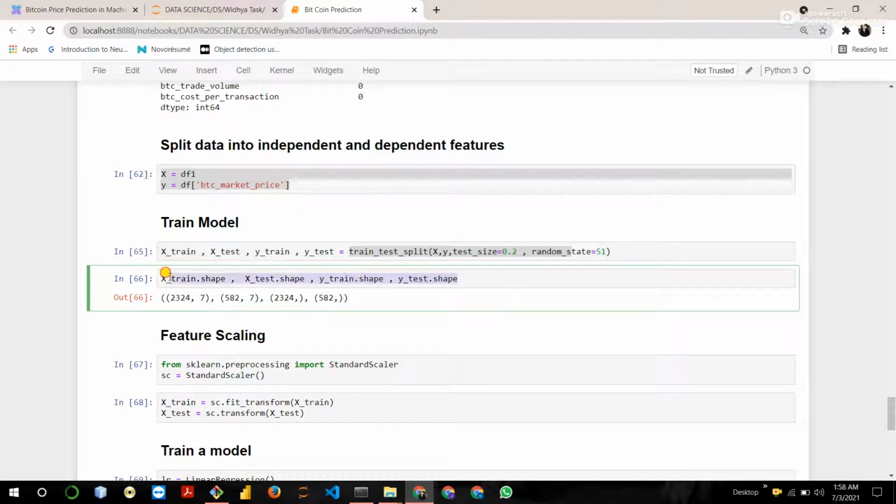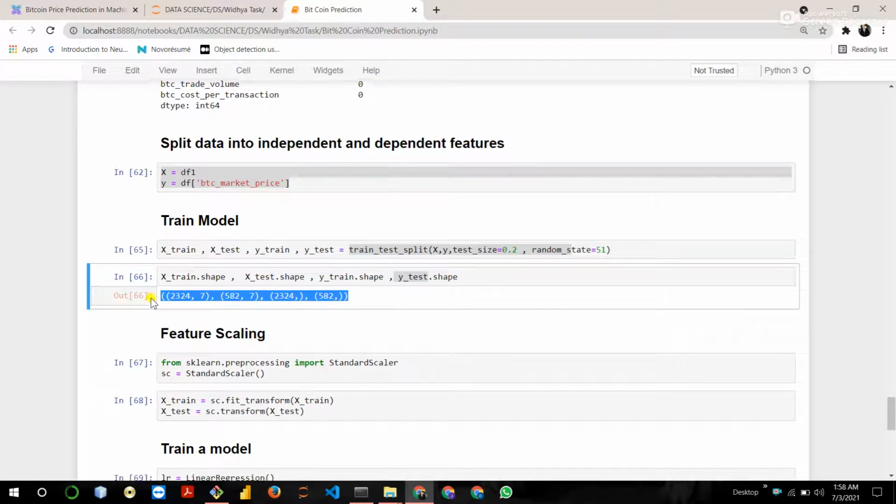Now see the shape of all the four data sets. Xtrain and Ytrain is used for training, and Xtest and Ytest is used for testing. Xtrain stores all the independent features, and Ytrain stores dependent feature. Same with test data. Xtest store independent feature and Ytest store dependent features. You can see the shape of the data.